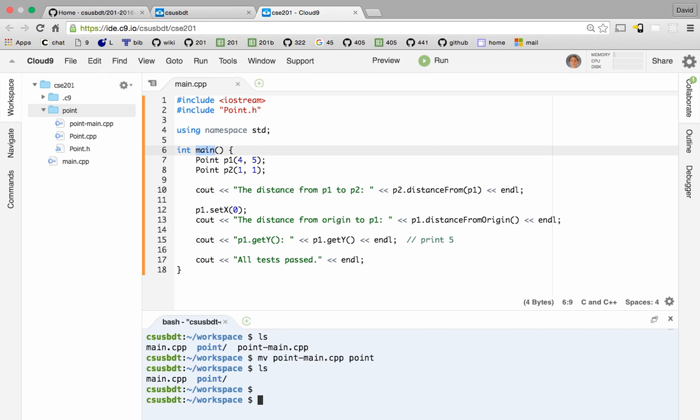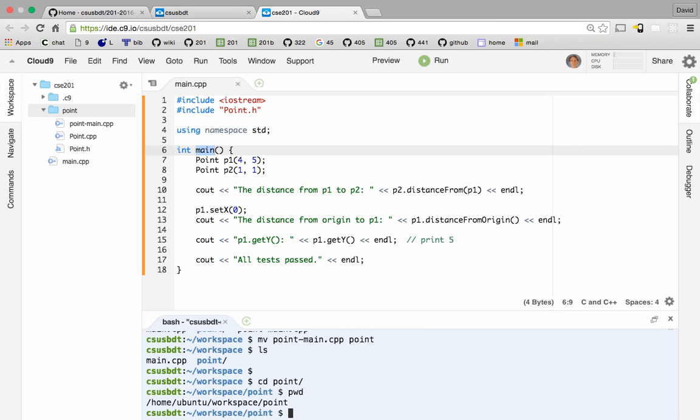So you need to practice these to get good at this and to do well on the exam. Especially the thing about, like, if we're down in here, let's go into the point folder. I'm going to cd into the point folder. You see, pwd shows me where I am. And I can see the files in there. And maybe I want to look at the main folder, the main.cpp file. So if I do ls